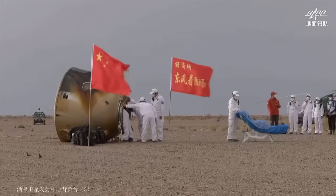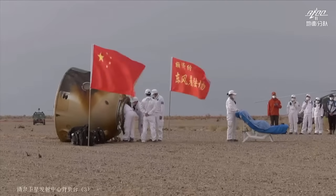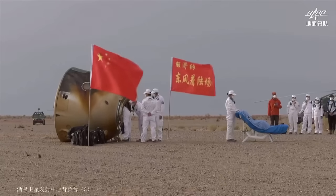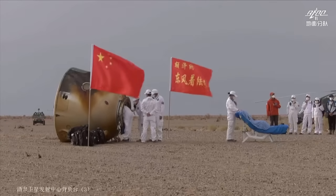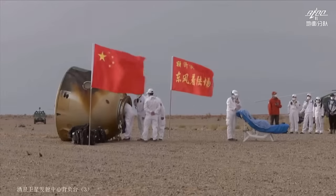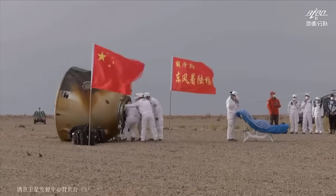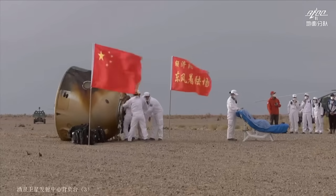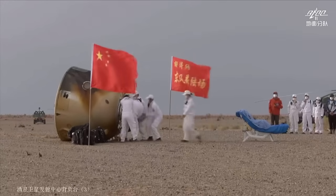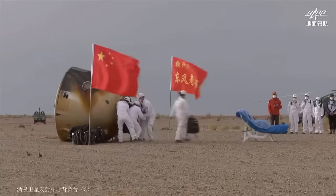Right. Usually the commander should have the qualification to be a pilot. I see. And then the other two could be scientists or- we also need another pilot to be a backup of each other. So in any case, if someone has, for instance, some serious illness, the other one can take his role as a pilot. This is extremely important in abnormal cases when something wrong happened during the launch or during the re-entry or during the docking phase. So the pilot can take over manually, right,